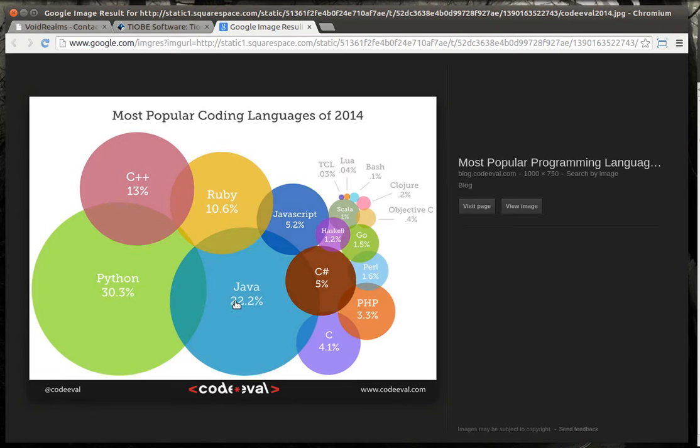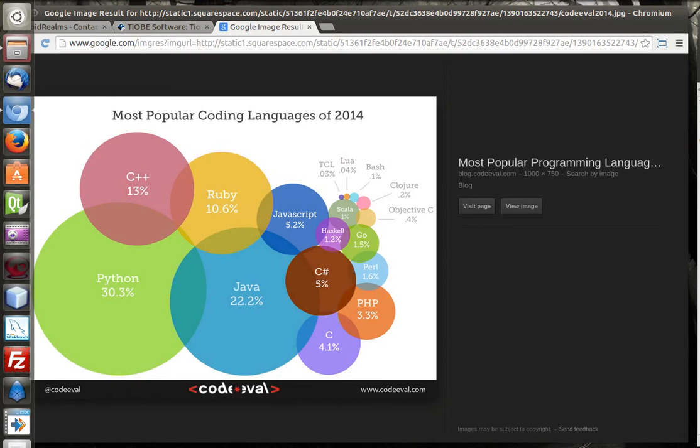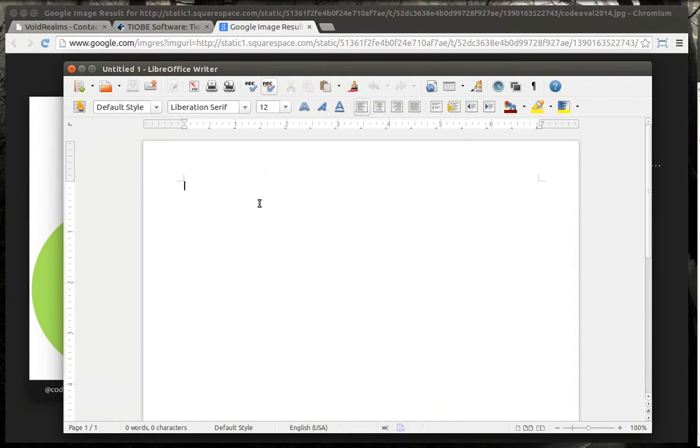The thing about languages is no language is really faster or easier than the other. It's all about your knowledge in it. They just have smaller learning curves. You can learn Python in about 2 or 3 hours. You won't be an expert, but you'll be fluent enough to write a pretty decent program. C++ will take you 2 or 3 months. There's a steeper learning curve. So without further ado, let's just crack open a word editor here.